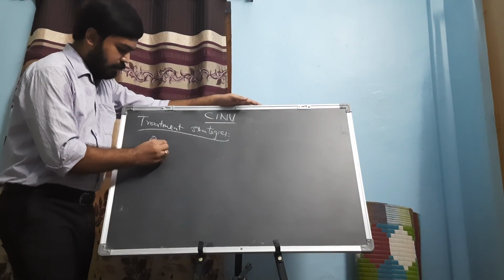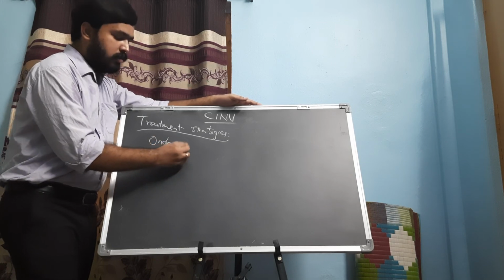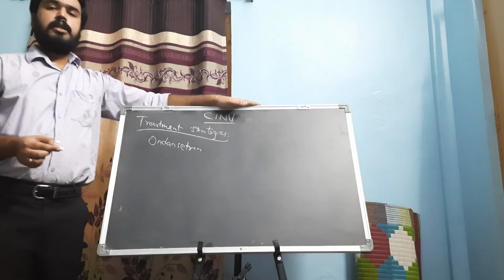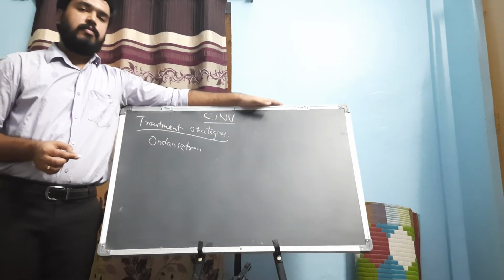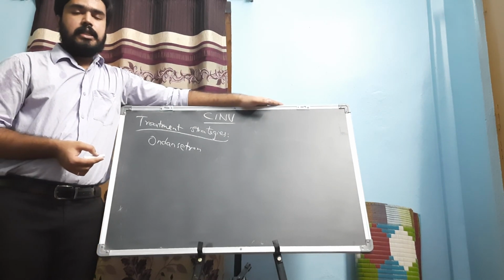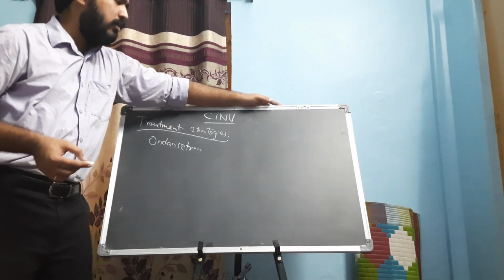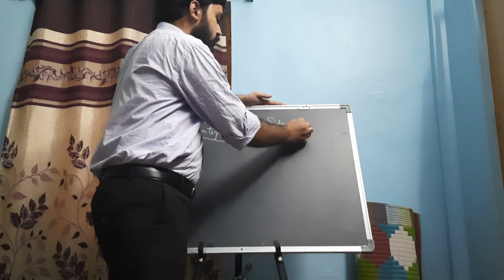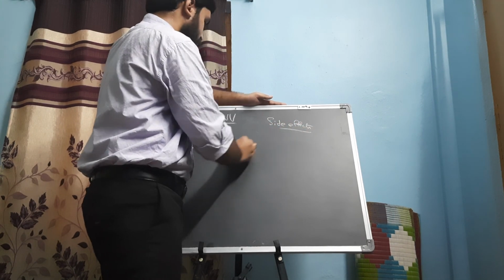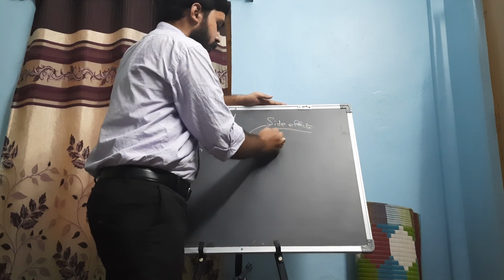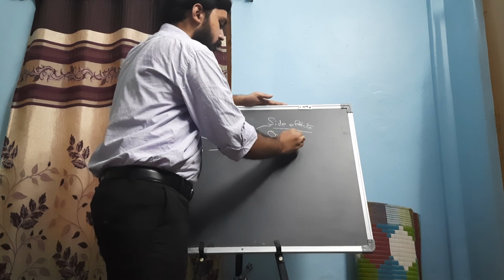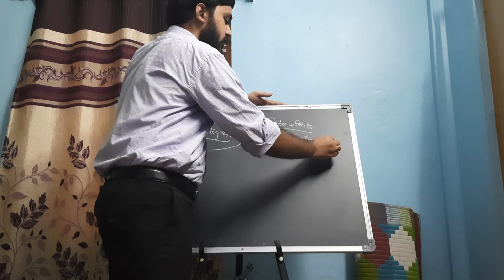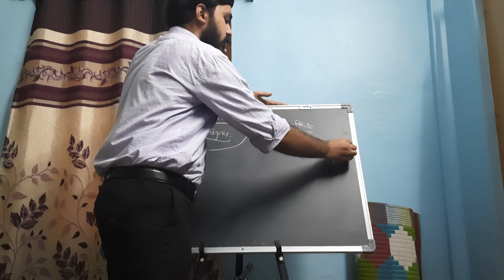Coming to ondansetron, which is most commonly used, most effective and commonly used, mainly because of its effectiveness as well as the side effect profile. So mostly only these two side effects with ondansetron, that is orthostatic hypotension,